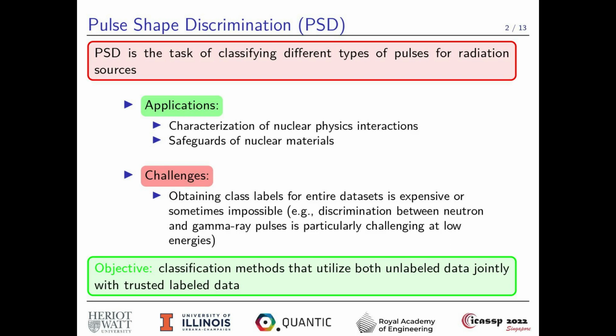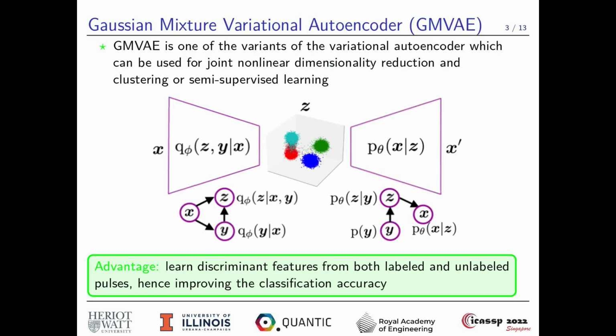Semi-supervised classification methods rely on the properties of unlabeled data to improve the decision boundaries and increase the classification accuracy. The variational autoencoder, or VAE, generally consists of an inference model, a generative model, and a latent space. The essence of the VAE is to learn a low-dimensional latent space representation that can accurately capture the important features